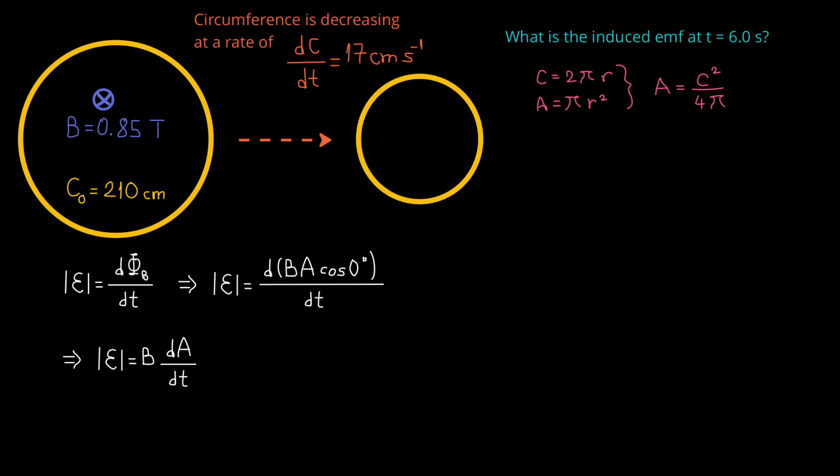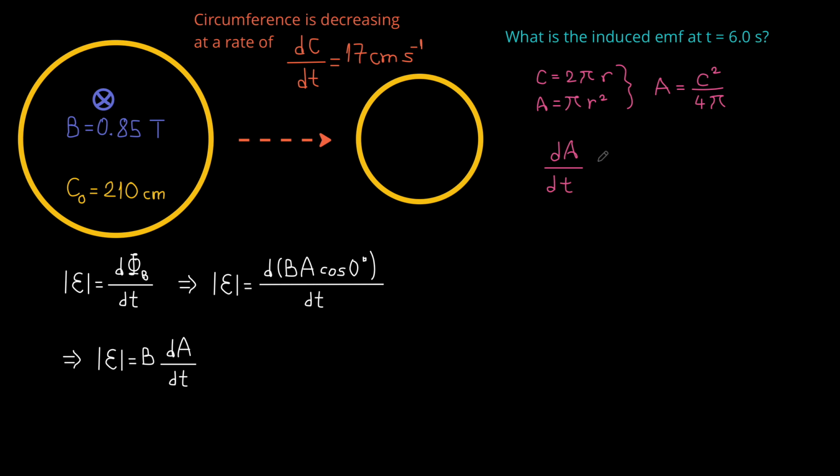Now we can connect the area to the circumference in the following way. The area is equal to C squared divided by 4 pi. Imagine squaring C. You get 4 pi squared r squared, but we want pi r squared. So we divide by 4 pi to get the area. Now let's take the derivative of both sides with respect to time. On the left hand side we get dA/dt